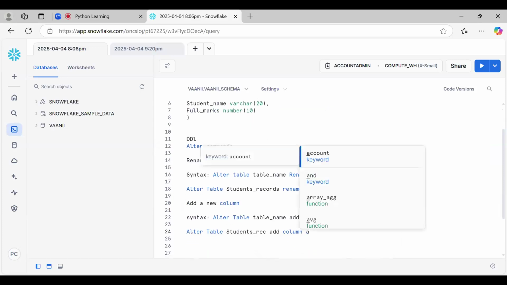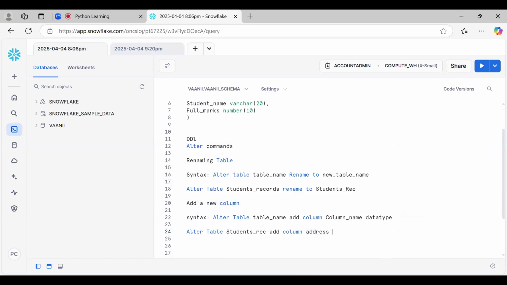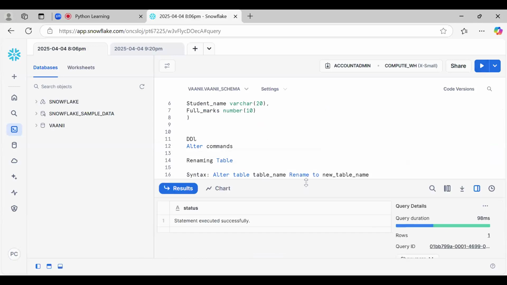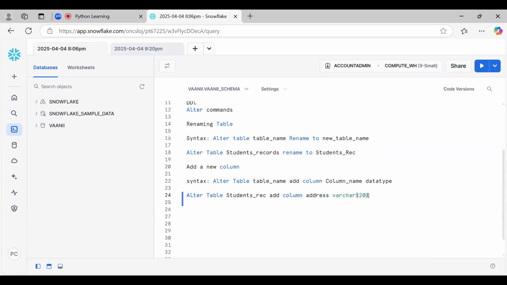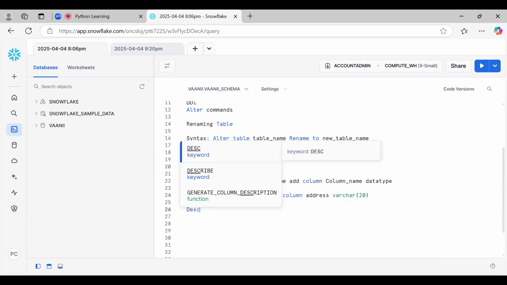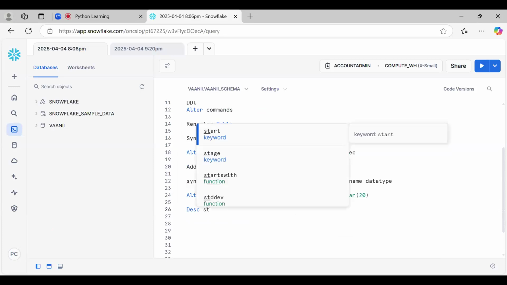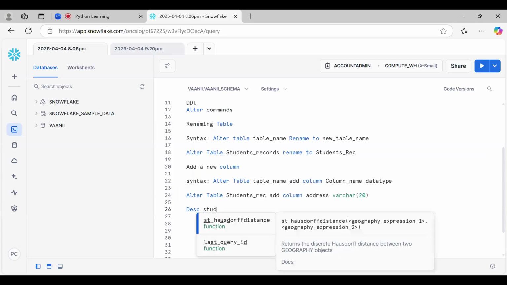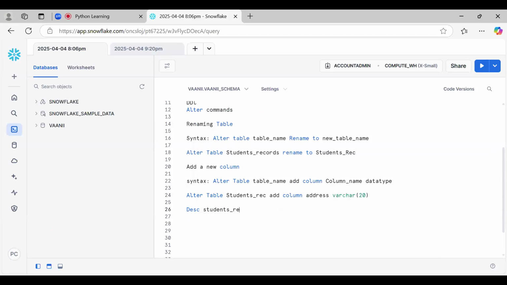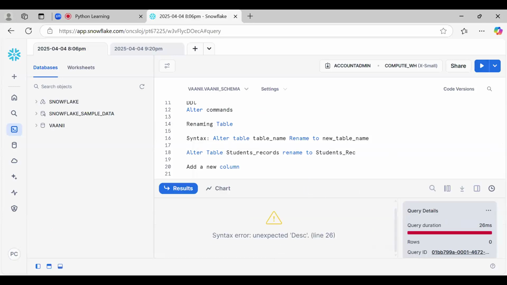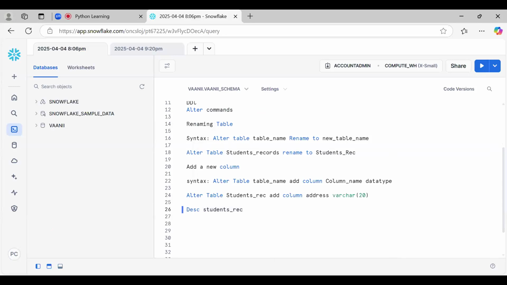Okay. So now if we see the columns, this does not work in Snowflake, I think.